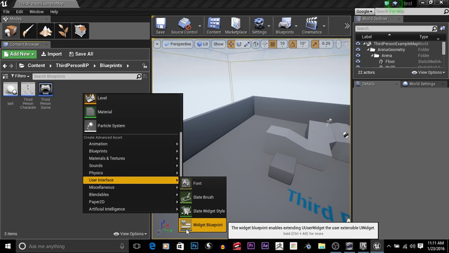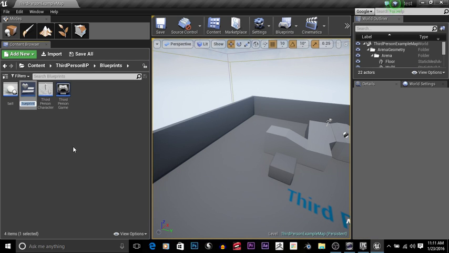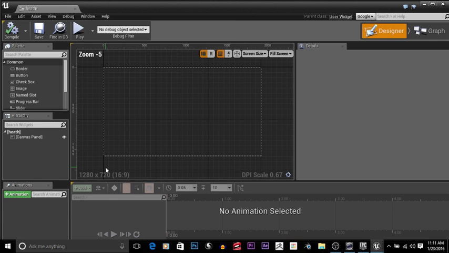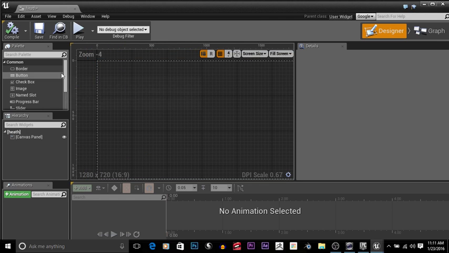We're going to create a widget blueprint and name it Health. I've done it so many times, I might get it wrong. I might have to look at my old stuff. Sometimes you've got to write it down. Anyways, so we're going to look at